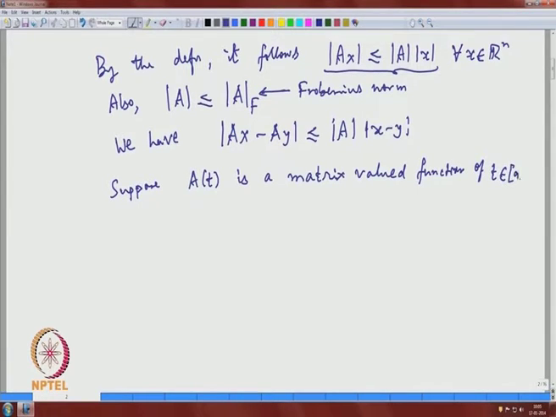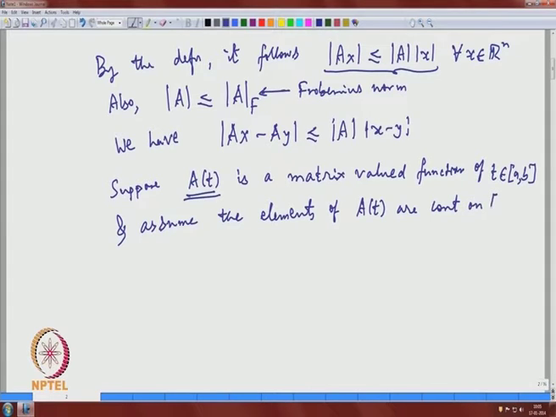So, that means for each t in [a, b], A of t is in M n R, okay? And suppose, and assume, the elements of A of t are continuous on [a, b], okay? And then